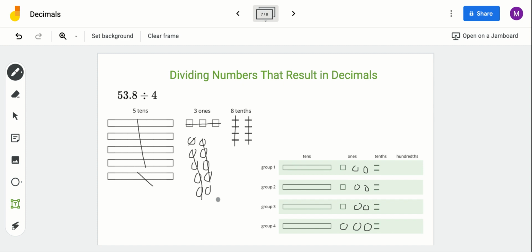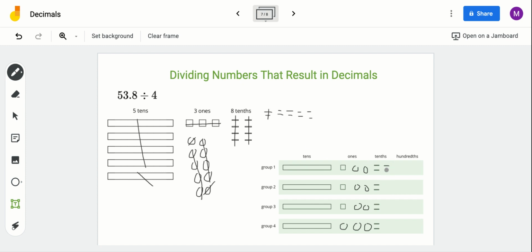Now this last one, I'm not going to leave any remainders, so I have to split this up. So I'll split it up into tenths. So I'll do 1, 2, 3, 4, 5, 6, 7, 8, 9, 10. So now that 1 is taken care of. It's split into tenths. And I can put